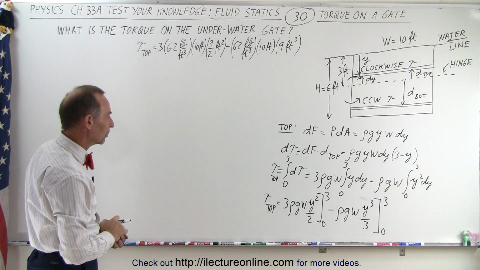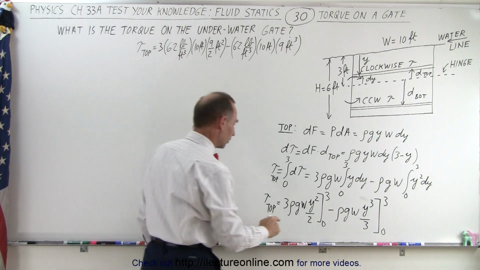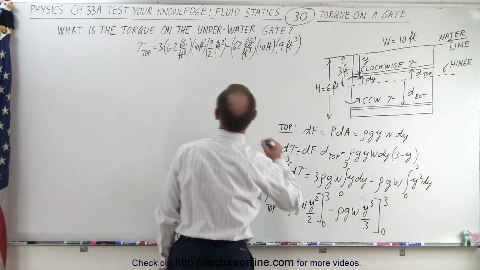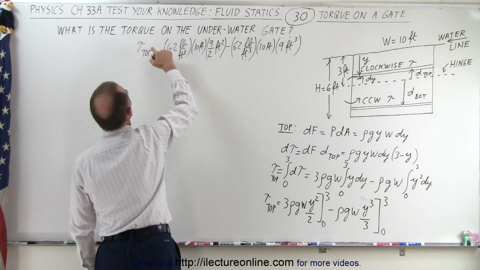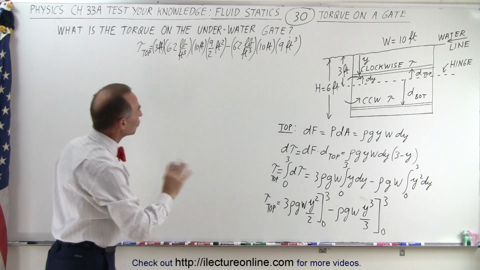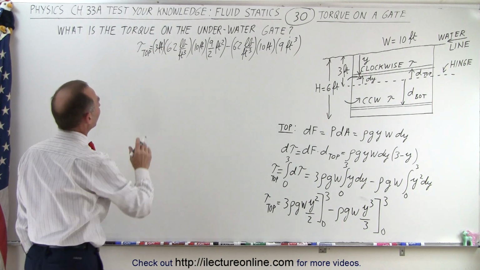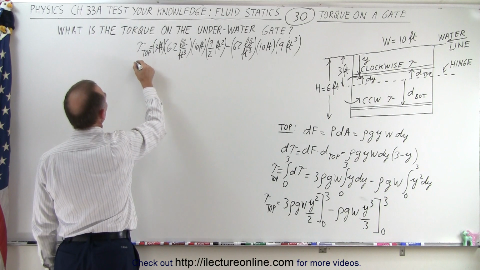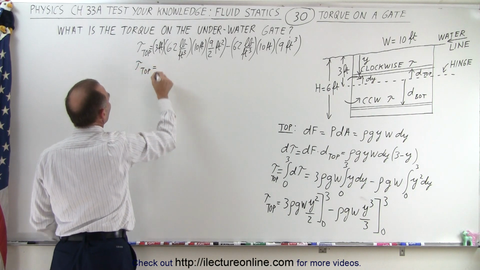Let's see here, the top, unit-wise. Feet, we have y. So this is feet. I was missing a unit. So this is 3 feet, not just 3, so that the units come out to be the same. So now we have foot-pounds as torque. So torque at the top is equal to